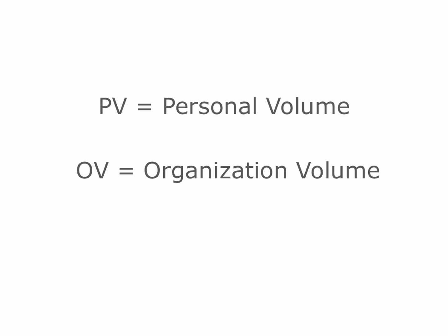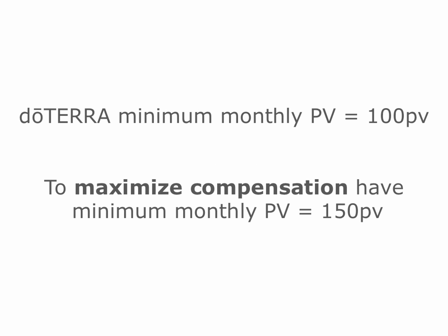including yourselves, right? So it's important that you remember and know what these two things are as we move forward. Another thing that I wanted to just mention is doTERRA has a minimum requirement of 100 PV. So you personally have to order 100 points every month, or in any given month, for you to get paid